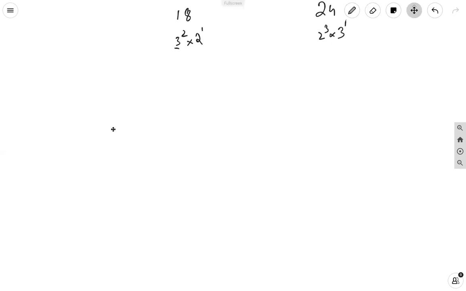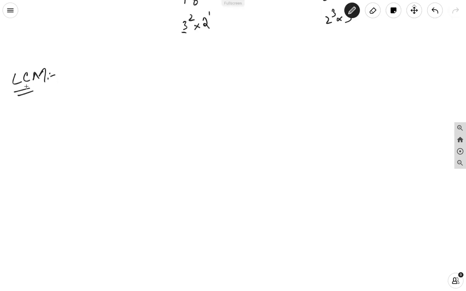Now we will discuss how such questions are asked in the exam about the HCF. First let's discuss LCM. This is least common multiple. The least common multiple of two integers, let's suppose we have two integers a and b,